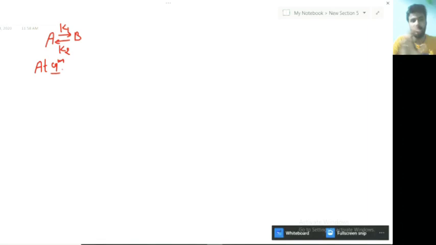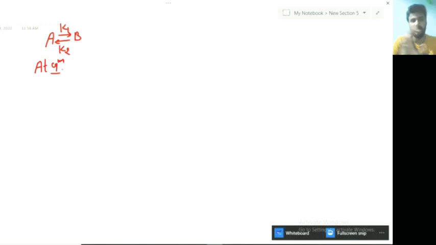Okay. Now understand one thing here. What will be the value of K equilibrium? K equilibrium is equal to the rate constant of forward reaction upon the rate constant of backward reaction. That is a very important thing that you need to remember. Now, if you have to calculate the XE, that is the equilibrium conversion, equilibrium conversion is equal to K upon 1 plus K. What is K? K is the equilibrium constant. So here you can calculate the equilibrium conversion.